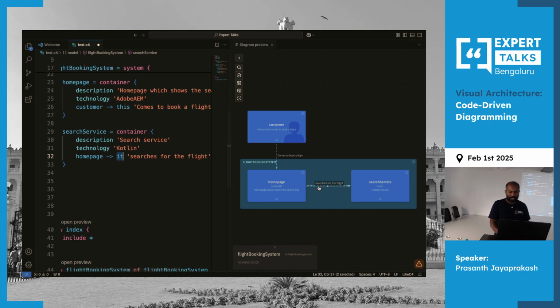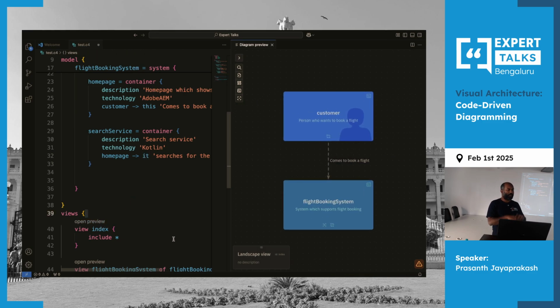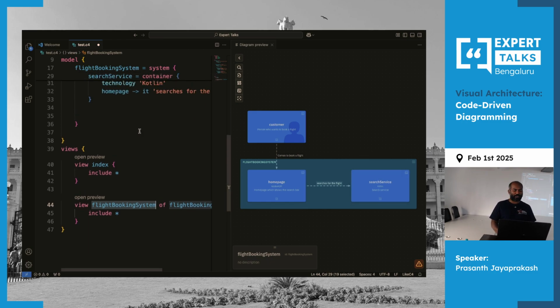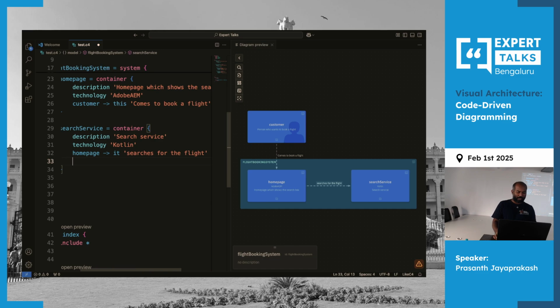Now if you go back here, there are two containers. Even though there are two containers, you can define the system context about it, and once the system context has been defined, you go in depth. You can see the home page and search service there. So let's say there are some more systems in it. The search service may have two components. Let's say one component is search API,